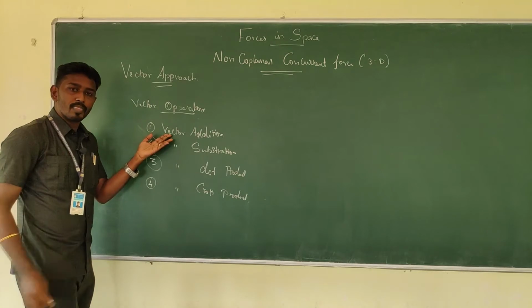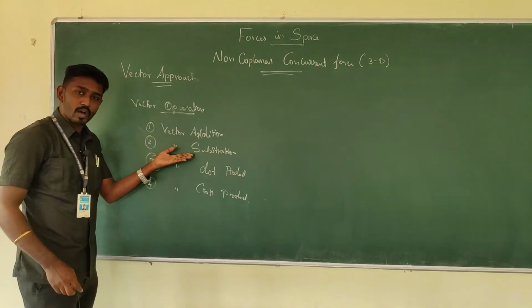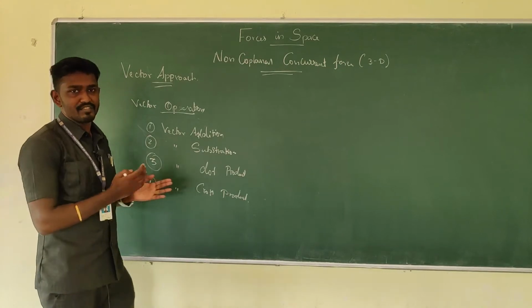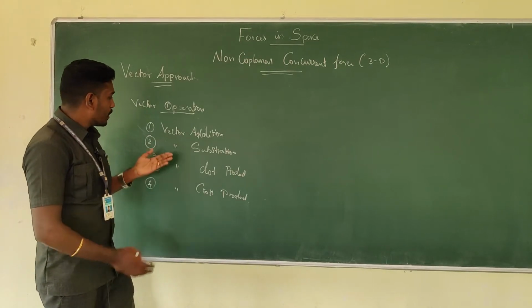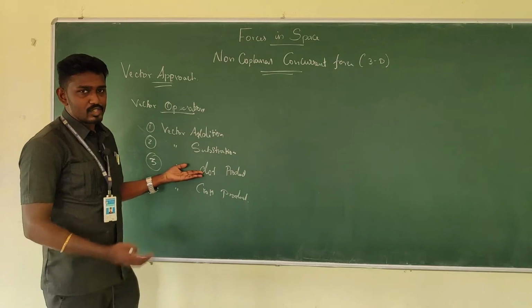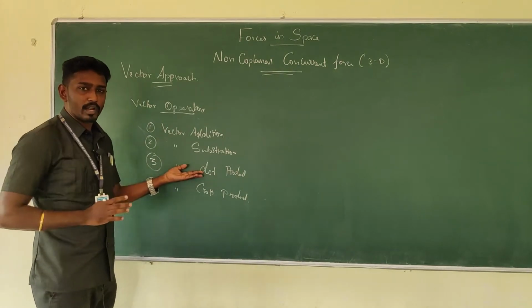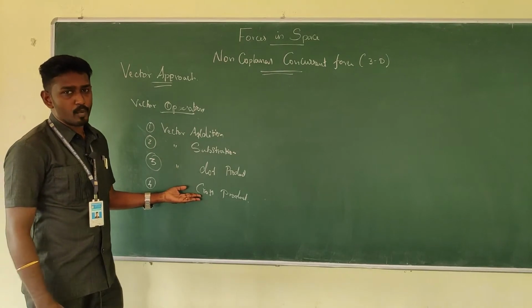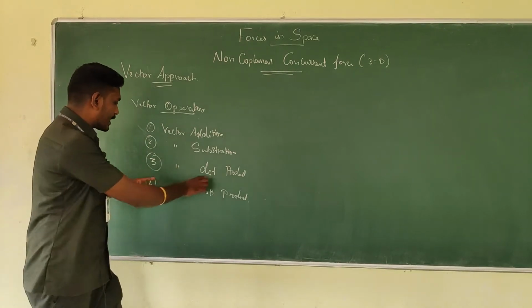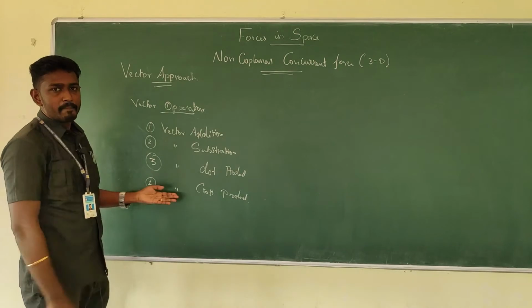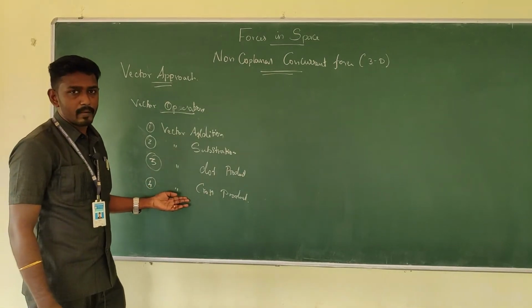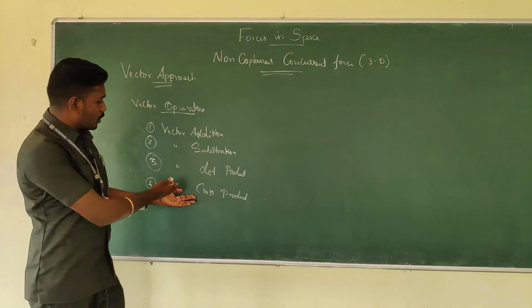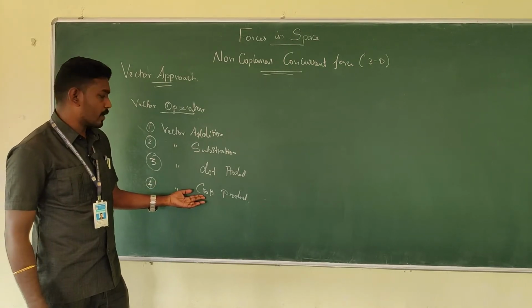How to work with vector addition, vector subtraction, dot product and cross product is familiar. The dot product is also called the scalar product, and the cross product is the vector product. Especially in the cross product there will be a matrix format. And when we are dealing with moment, then we go with the cross product.